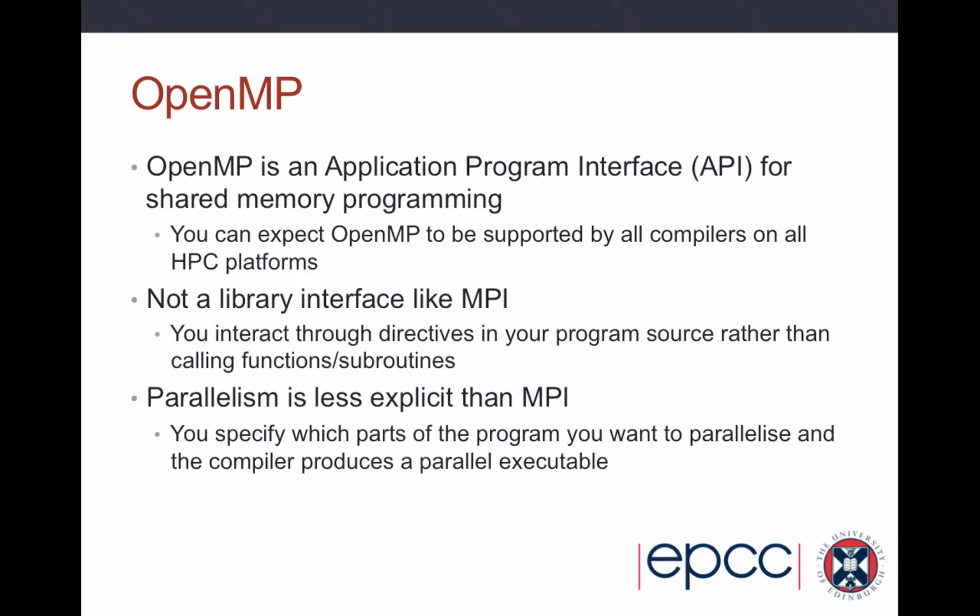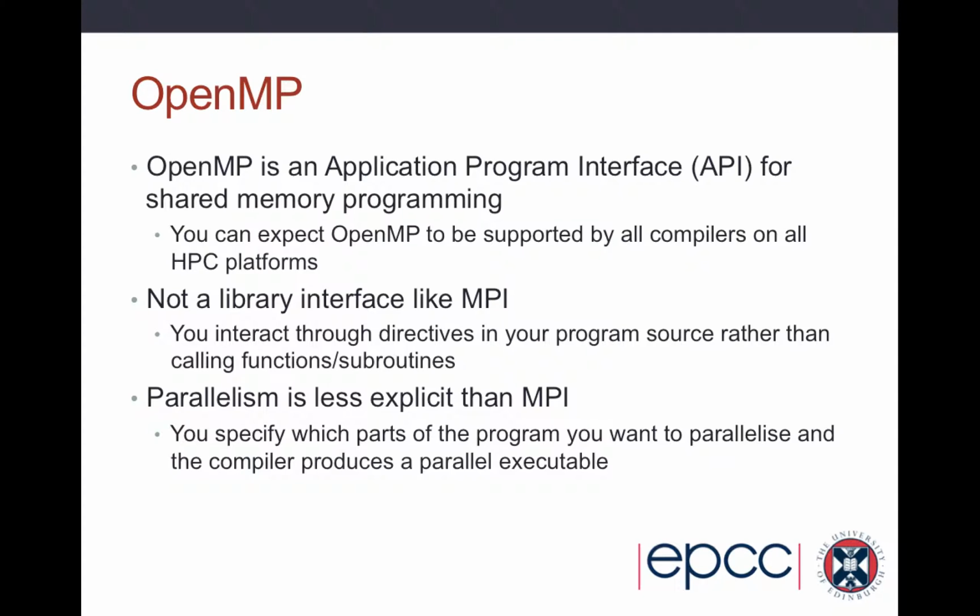and OpenMP is supported by all compilers on all HPC platforms. It's not really a library interface like MPI, so you don't put explicit calls to OpenMP routines in your program. You put directives into your program source, and the OpenMP is added automatically by the compiler. And the parallelism is less explicit than MPI and the message passing model. So most codes use MPI for distributed memory architectures anyway, and you see some OpenMP codes used on shared memory